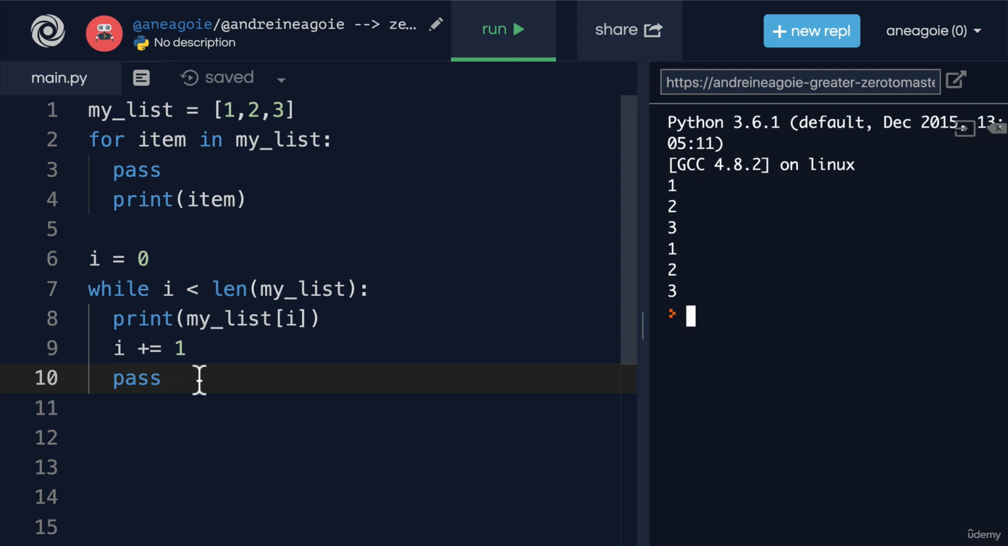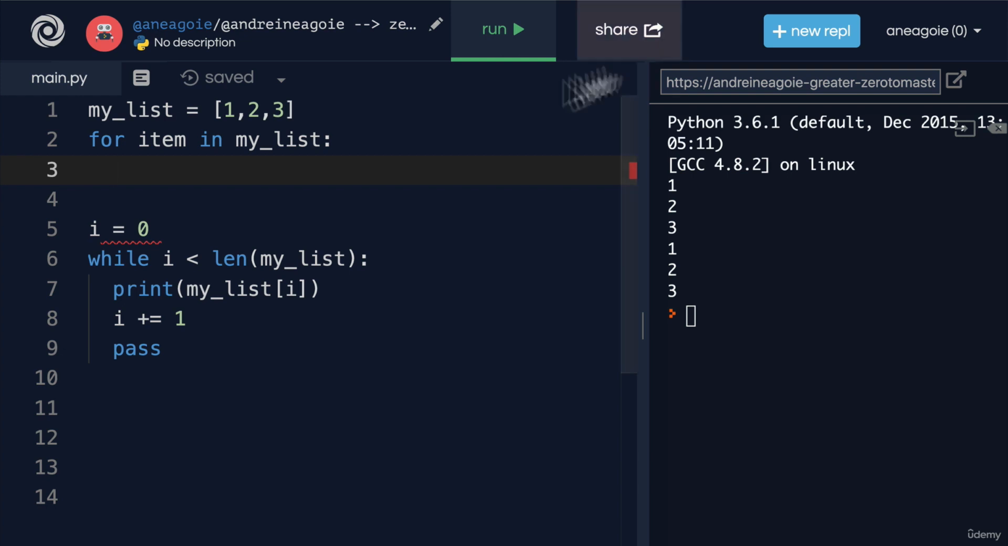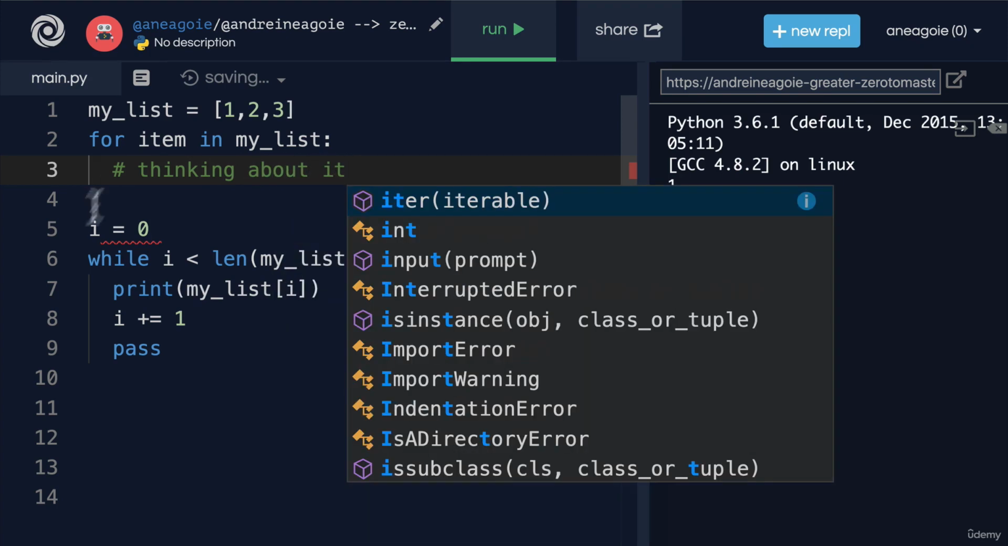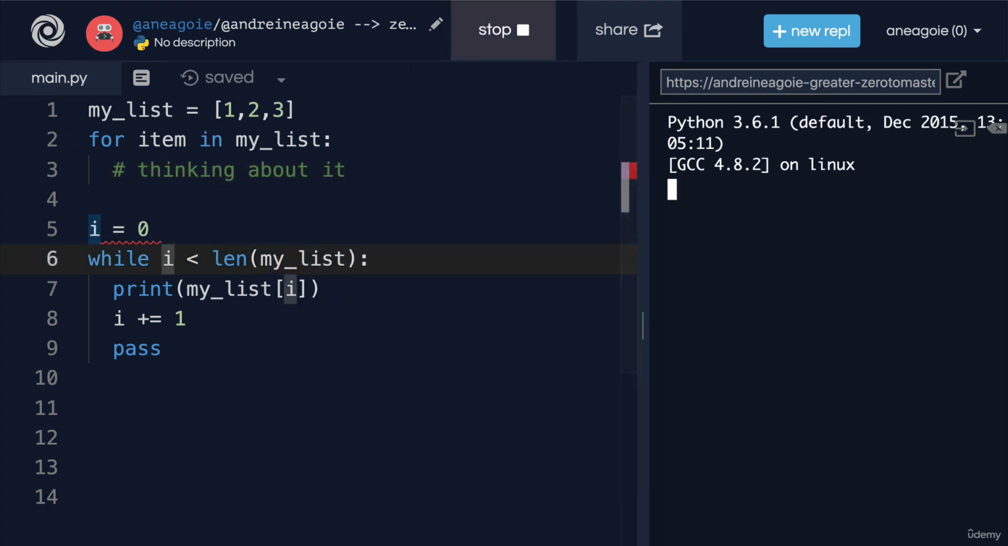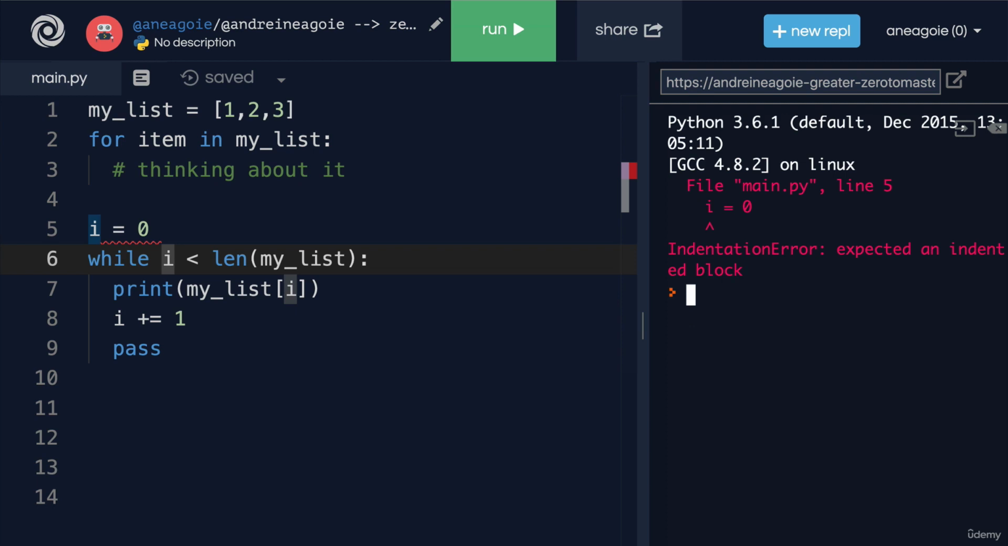So why is that ever useful? It's very rare that you'll see pass in your code, but pass is a good way to have, let's say, a placeholder while you're coding. For example, you want to loop through the for loop, but we don't know what we want to do yet in the code. Let's say that here we're still thinking about it. If I do this and I click run, I get an error here because,